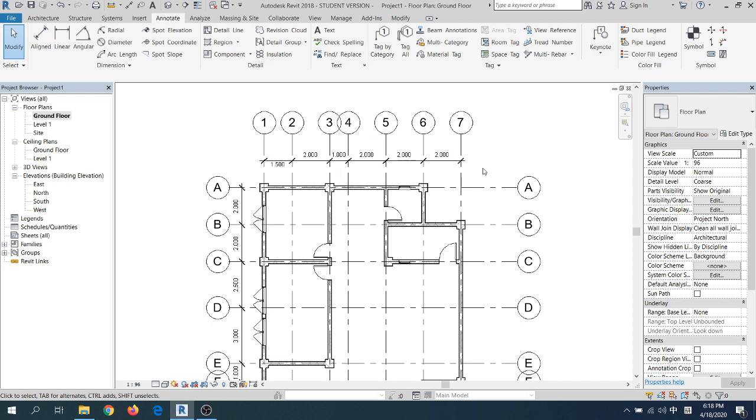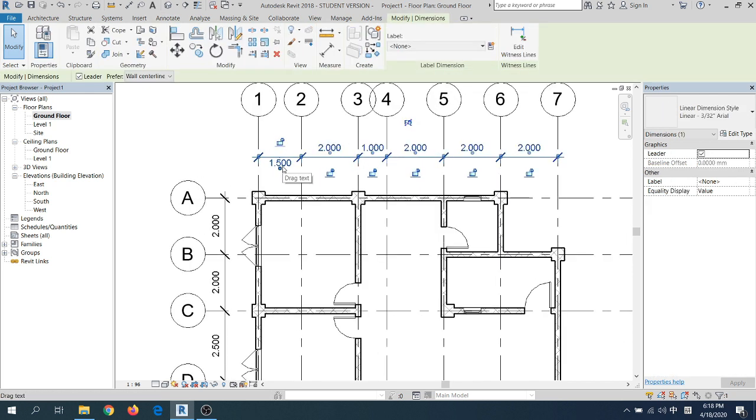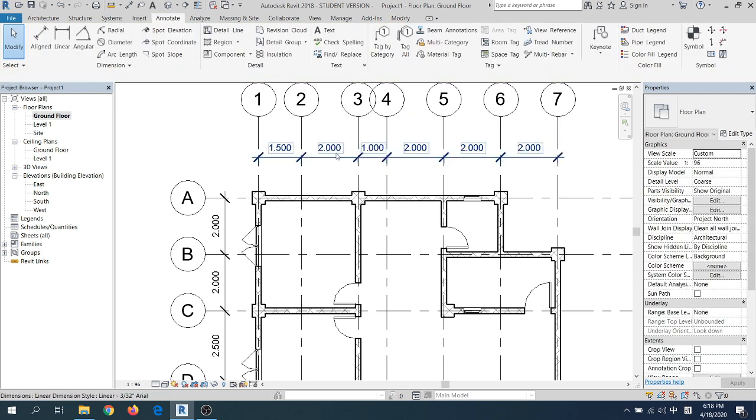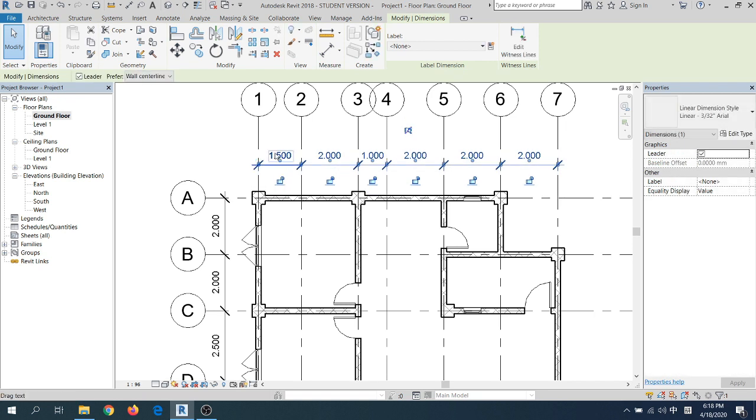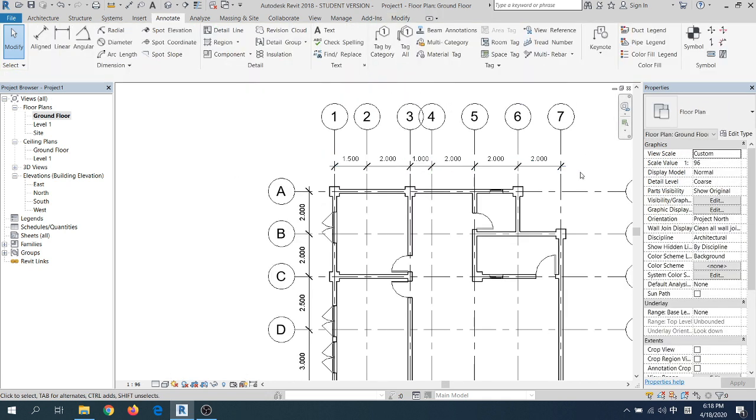So I managed to move down the dimension, and I managed to move down the figures as well. So it very much depends on how you want to do it. If you think that the dimension shown at above is not so good, then you can definitely move that up and down, and also move the figure up and down as well. So it very much depends on your own